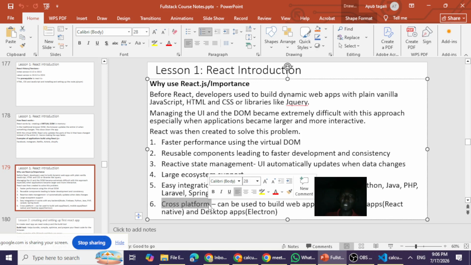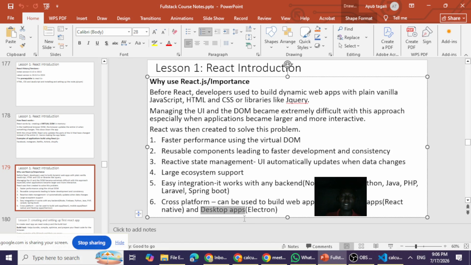React is cross-platform. What does that mean? It means you can use it to build different applications. So if you know React today, you can build a web application, you can build mobile applications, and you can build desktop applications. For each of these applications, you're going to use